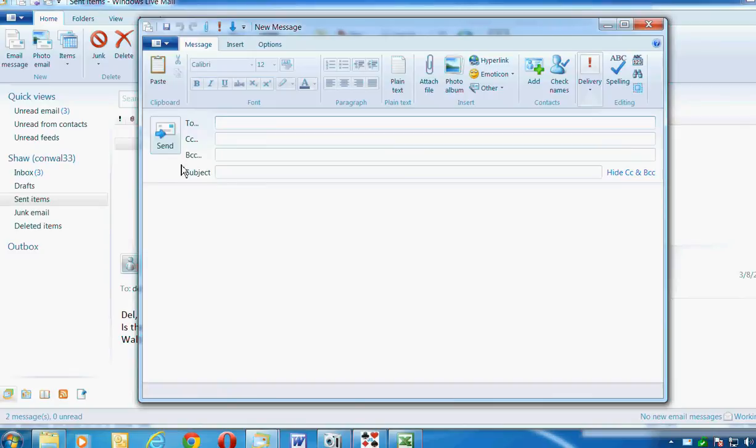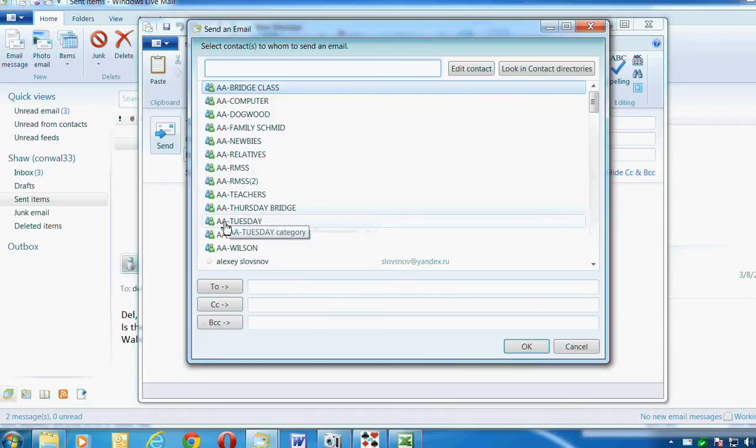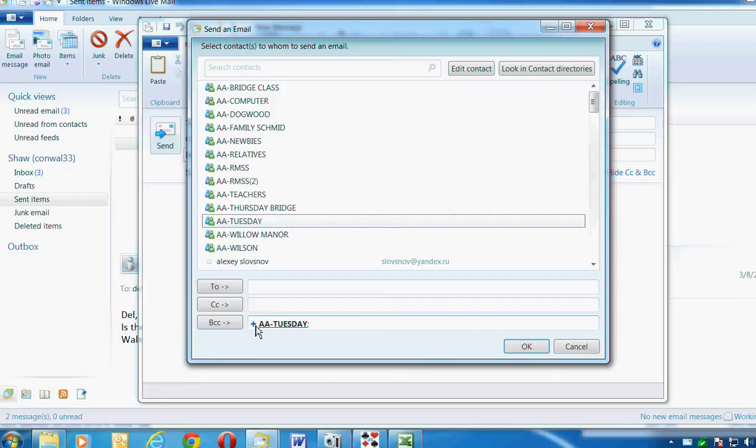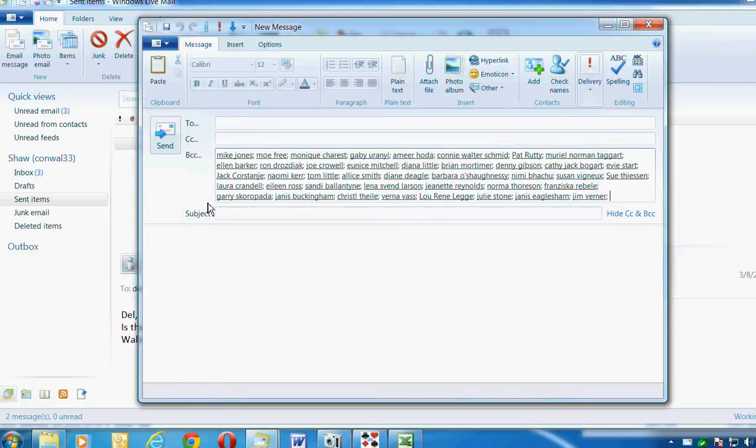And I want to use BCC so nobody will see anybody else's email address. So I double click on Tuesday and click on the plus sign. I can see all those people in the Tuesday group, but when they receive the results, they won't see each other's addresses. And I can type a subject like